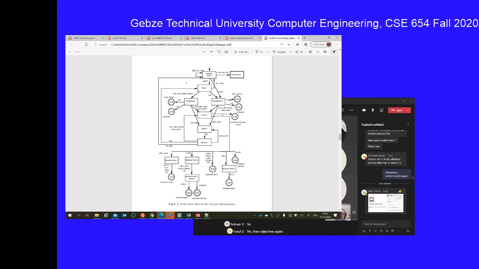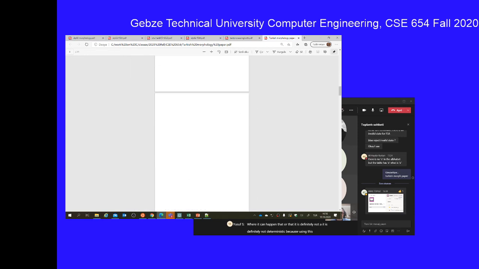Somebody had a question? Yes. Is this finite state machine deterministic? Because I couldn't find any inputs that lead to two separate nodes. Well, I don't think that it is deterministic. It is designed to be understandable. If you look harder, you're going to find cases where it can happen that or that. It is definitely not deterministic, because using this finite state machine,